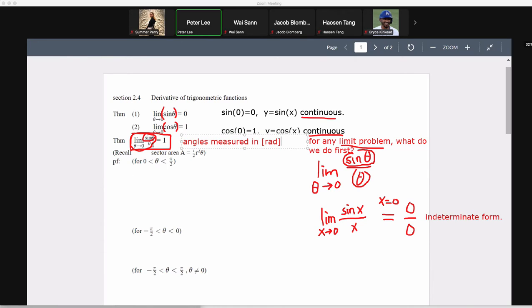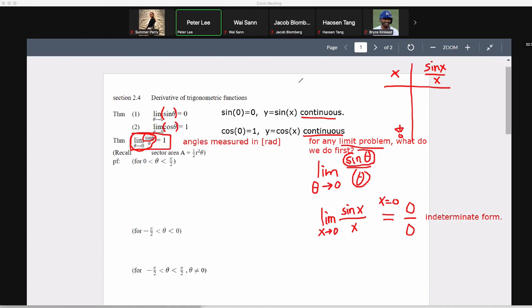So, for example, we can create a chart like this. Let me create a chart, x here, and sine x over x. Or theta, it doesn't really matter whether you call it x or theta. Now we are letting this x approach 0. So let's plug in here. Let's approach 0 here. In this case, what do we plug in? Let's say we plug in